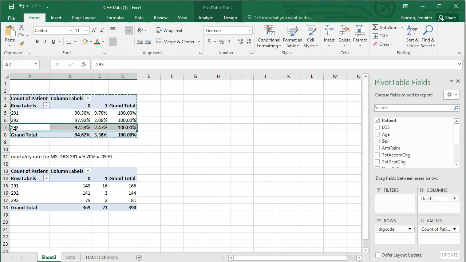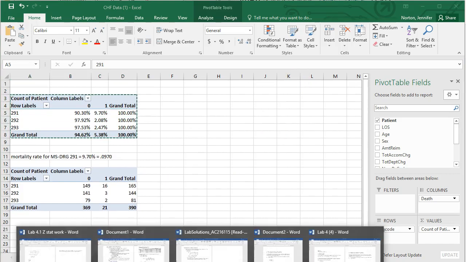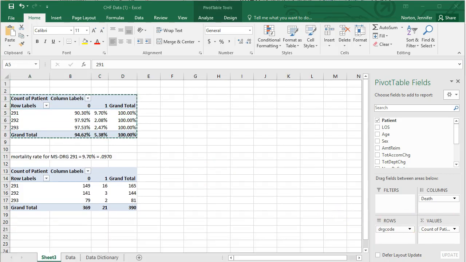Remember, in the last lecture we were comparing the mortality rate of 291 to the U.S. rate. Here we're comparing two proportions, and we're not comparing to a standard. We're seeing if there is any statistical difference between these 2 proportions. So the information that you're going to need for this formula,